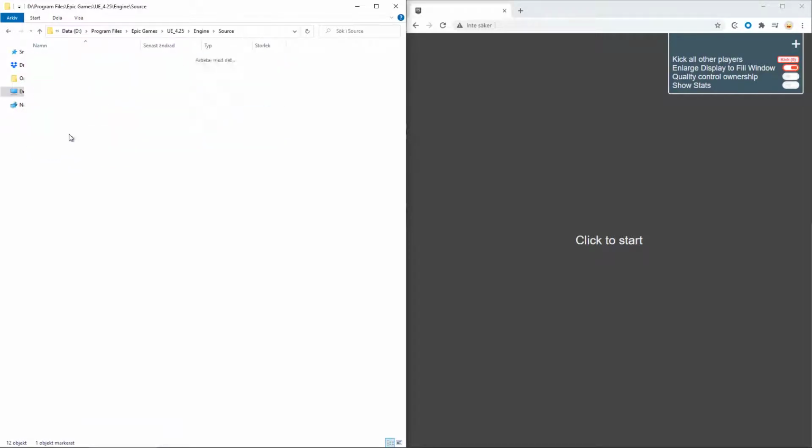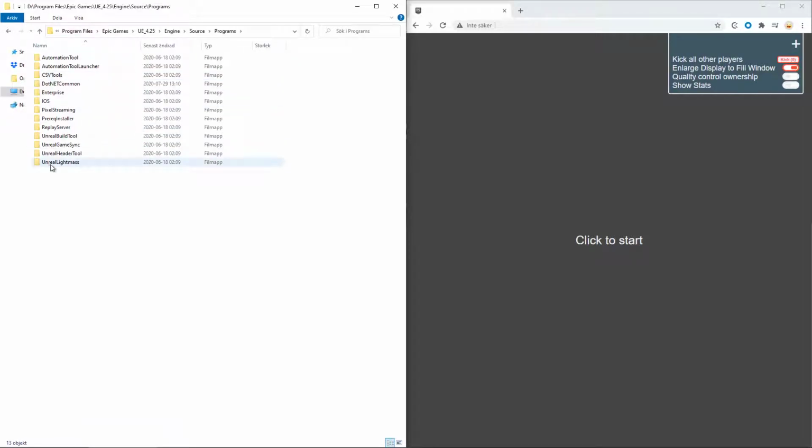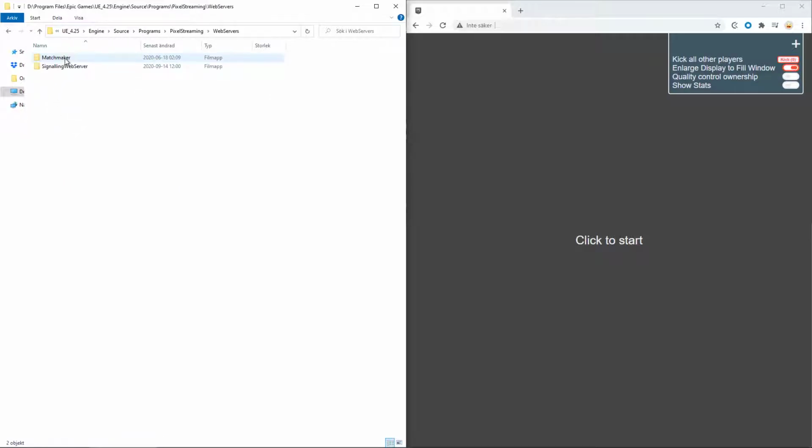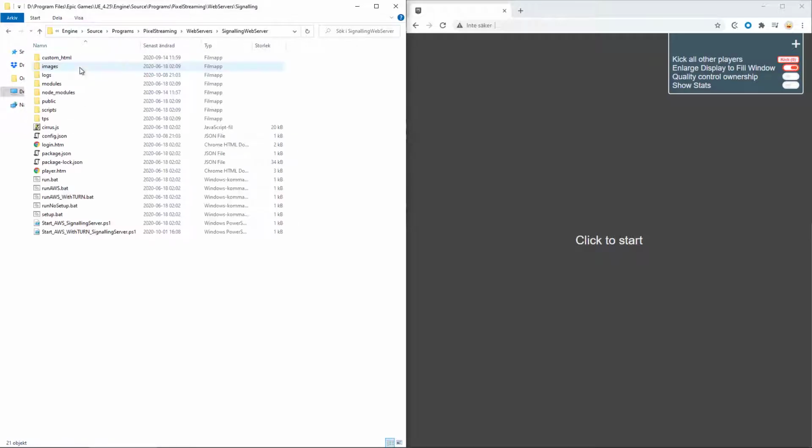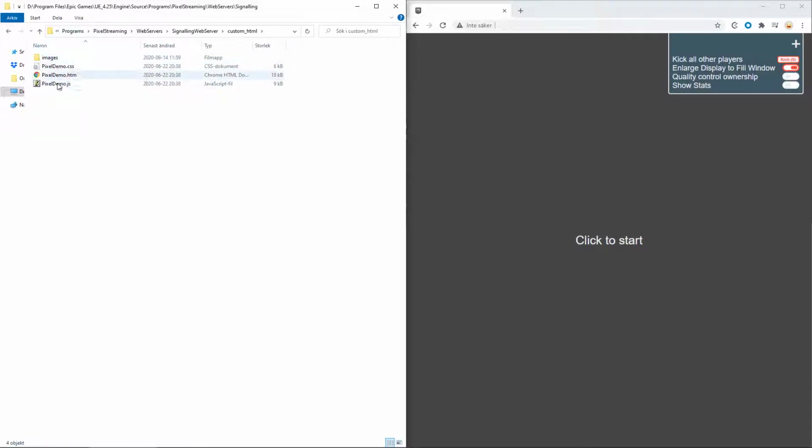Engine, Source, Programs, Pixel Streaming, Web Servers, and Signaling Web Server. And you can see that you have the Signaling Web Server folder here that is identical to the one you have if you package the application using the Pixel Streaming plugin. And you can also find the custom HTML folder here already.